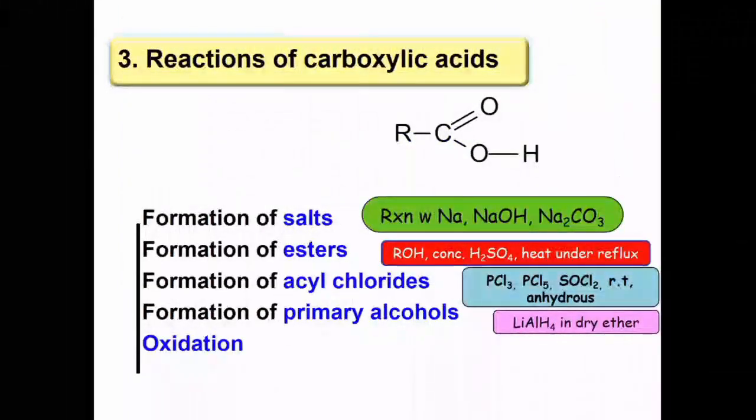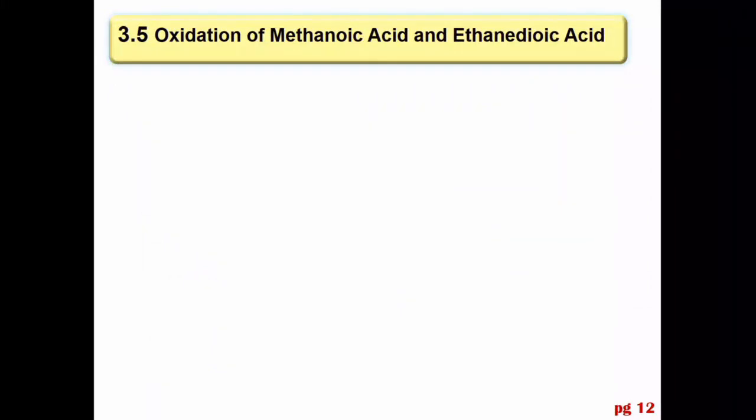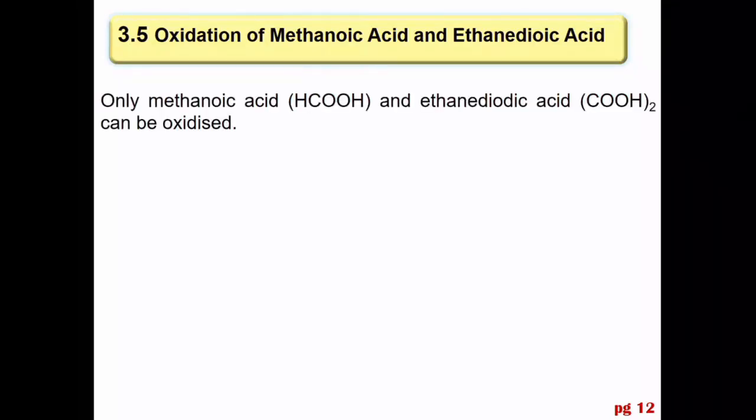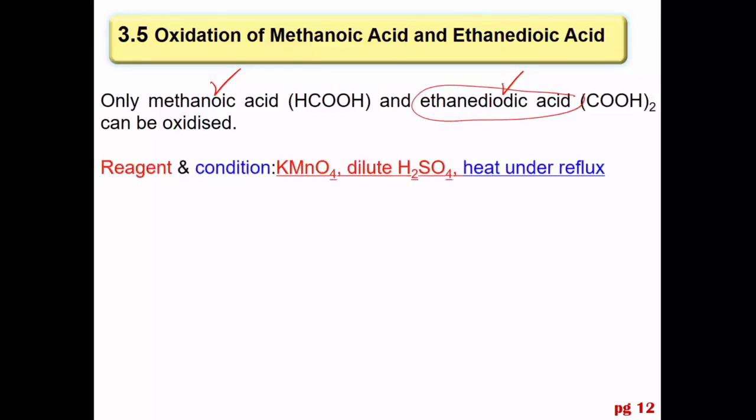Now, next, move on. Other than reduction reaction, carboxylic acid can also undergo oxidation. But what you need to take note of, there are only 2 carboxylic acids that can be oxidized. The rest of the carboxylic acids cannot be oxidized. So only these 2, methanoic acid and ethanedioic acid. So that's why I asked you to circle ethanedioic acid just now. So carboxylic acid cannot be easily oxidized. Therefore, you need a stronger